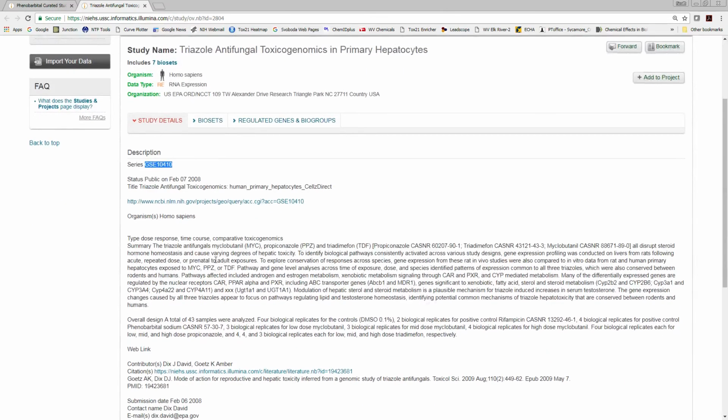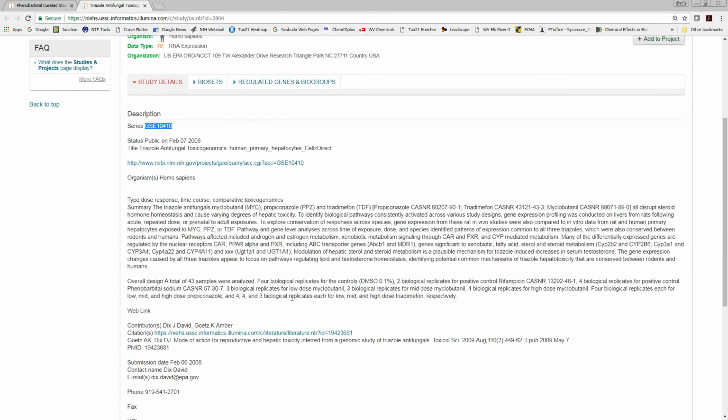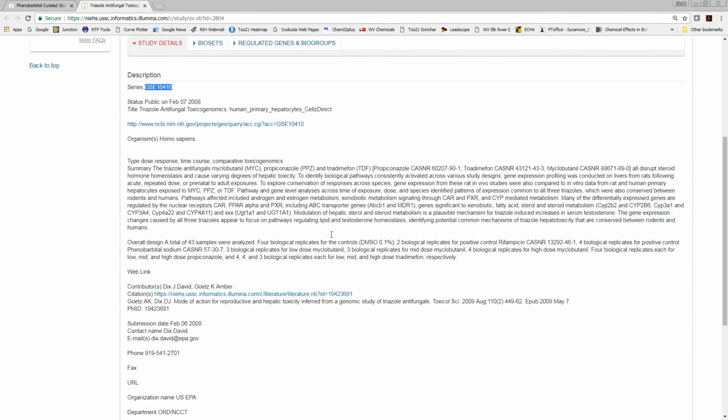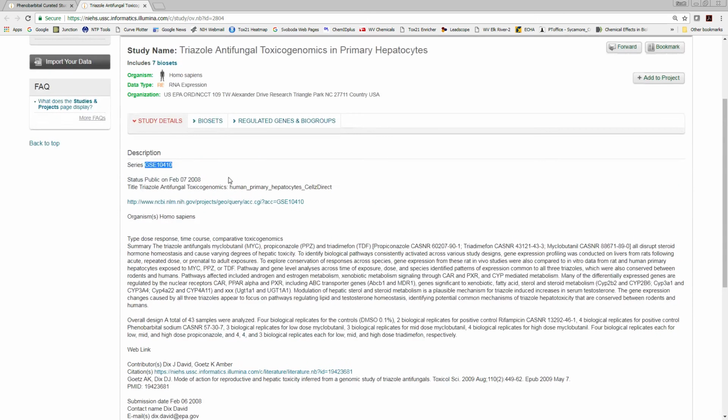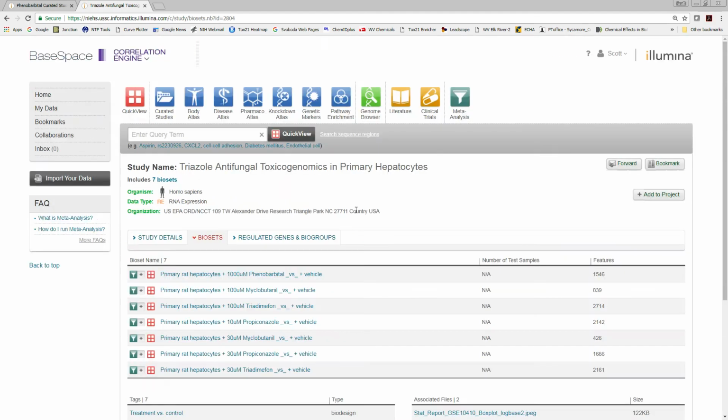It gives you all sorts of information about it. You can link out to the GEO data set, it tells you about the authors, things along those lines. Sometimes they have an abstract in here. It tells you the number of biosets. Biosets are basically just gene lists, right? So you go here, and it shows you all of the different comparisons that were pulled from this GEO series. So we have primary hepatocytes, phenobarbital versus vehicle,